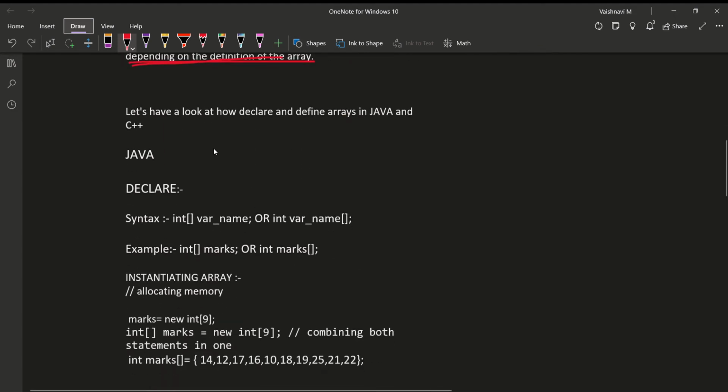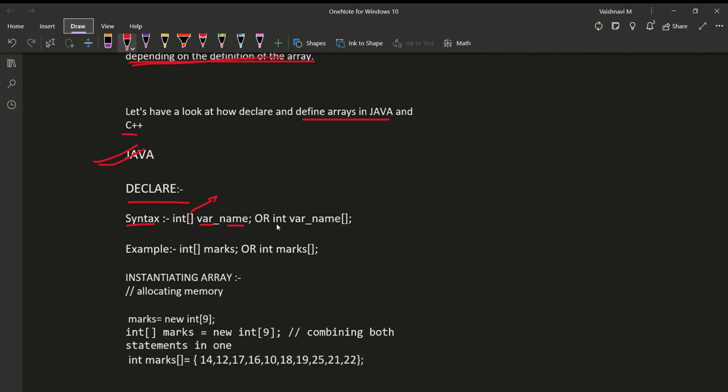Now let's have a look at declaration and instantiation of array in Java and C++. Let's start with Java first. Declaration. The syntax of the declaration is int, then these square brackets indicate that it is an array, and this is the variable name of the array.